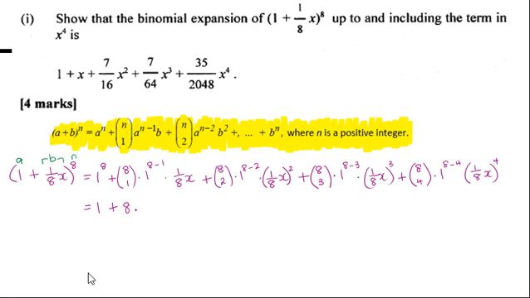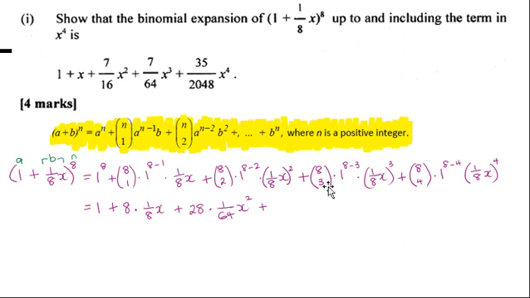I'm just going to write the 1/8 x plus, and then 8c2, which gives me 28 times, and remember, this 1/8 that is in the bracket needs to be squared. So we're going to plug that in, 1/8 all squared, and that gives me 1/64 with the x squared term,